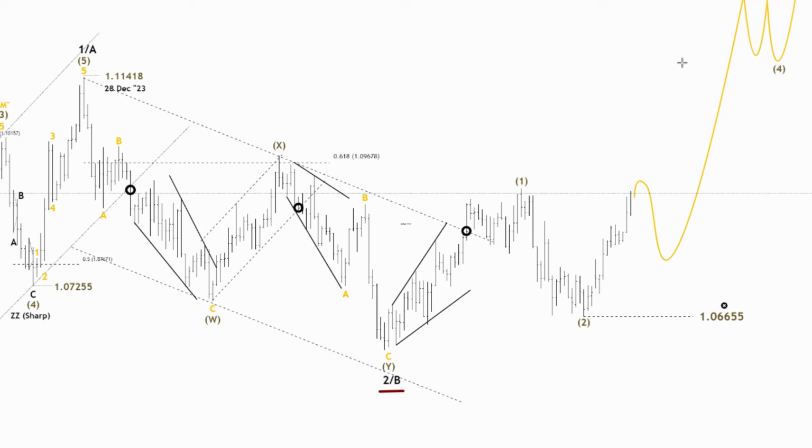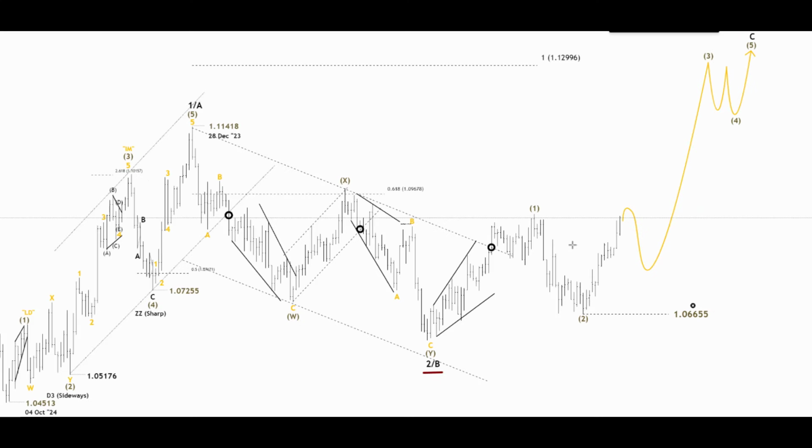impulse wave in the higher degree, a reaction through a deep corrective wave that can represent wave 2, which is a normal thing as I mentioned, then another shape of motive waves, which we will look at in detail from the lower time frame. If we analyze what's happening, we can say that there is a corrective wave that had been contained by a price channel, a breakout through a motive wave, a reaction, so we can expect another one